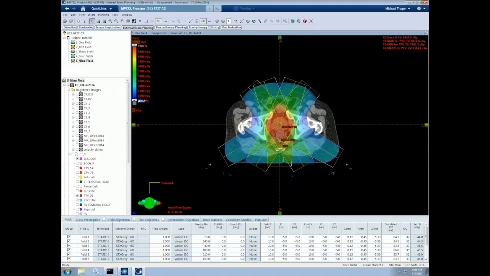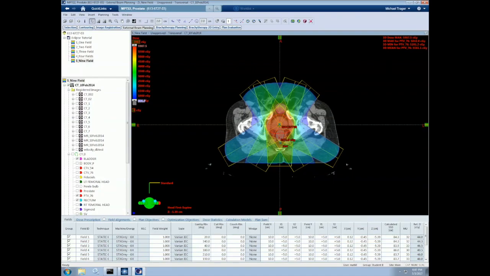You can now start to understand how the more beams we add, the better our distribution can get since we have more superimposed beams. Consequently, however, the more beams we have, the more areas overlap in regions where we want to limit our dose. Also, the more beams we use, the longer the treatment will take, which increases the setup and delivery time and results in the patient being on the table longer. This can lead to more motion and more patient discomfort. All these aspects must be taken into account when